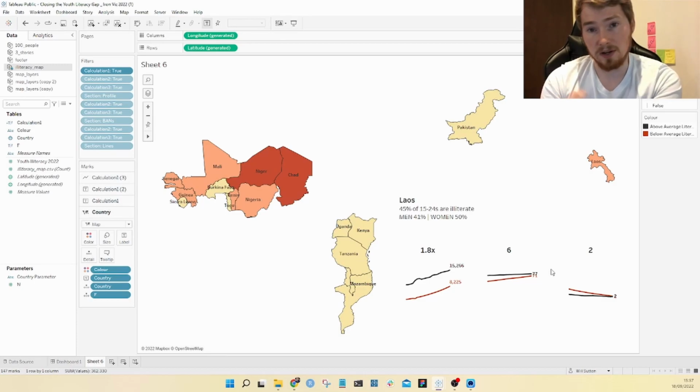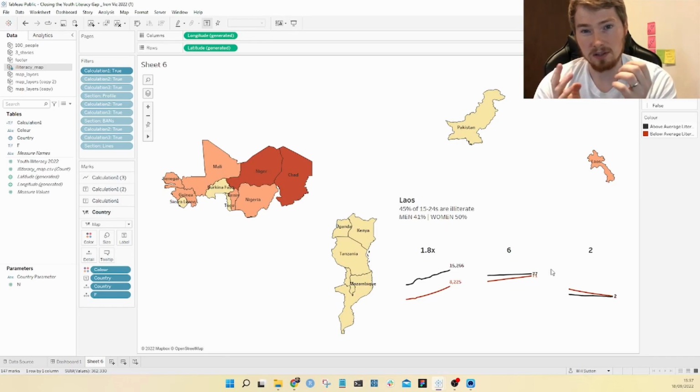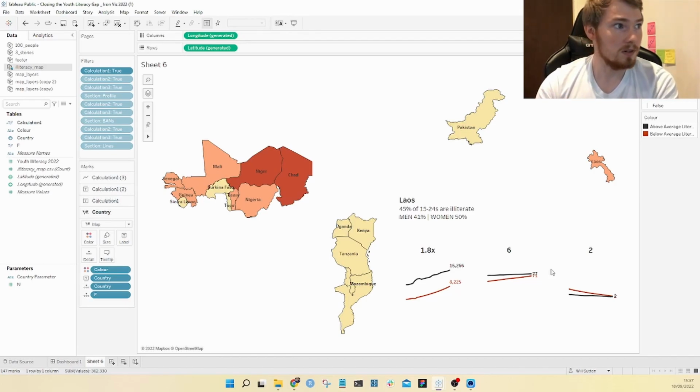And so I could build out just this one sheet, put it in, and you're done. You're always going to be under a bit of time pressure based on the number of calculated fields you're going to have to do, the number of sheets you're going to have to put out, the number of formatting options you're going to have to do. So fewer sheets means a quicker build, effectively.